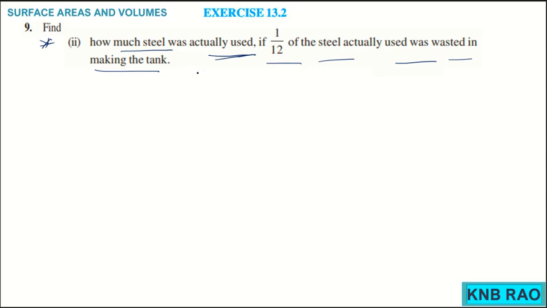If I want to find out, first I should know TSA of that tank, isn't it? Why? Because see, in a tank I could find CSA where actually rectangular sheet is bent and it is a closed one, so I have to find out area of both the ends or bases. So area of these two bases added to CSA gives you TSA. So TSA of a petrol tank,